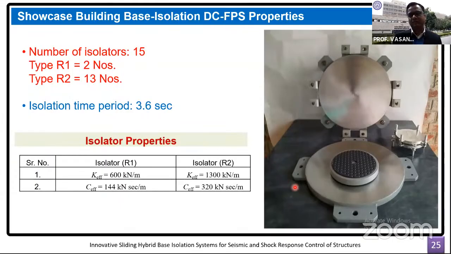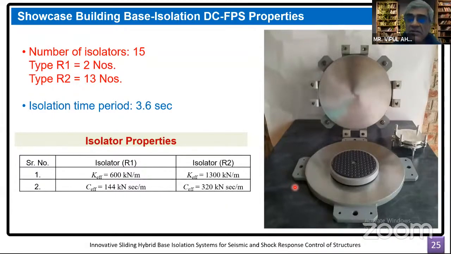So in case for the elastomeric bearings, we are achieving a time period of 3.6 seconds, then the superstructure cost in terms of the material required for building the columns and beams will probably more or less remain exactly the same. There will not be any change. Only the cost of the isolator would vary. So that depends on who the supplier is and where it is manufactured. But otherwise, the superstructure material cost will remain the same if we have the same time period of the base isolated building.